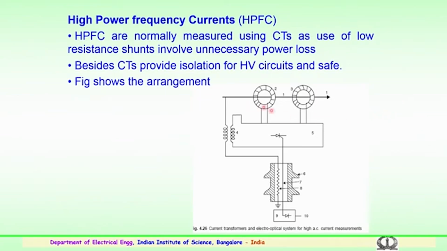That is the reason they go in for current transformers. Besides, current transformers provide isolation for high voltage circuits, so they are not directly connected to the circuit and they are safe. This arrangement is used for measurement of the high power frequency currents, and this is the conductor which is being